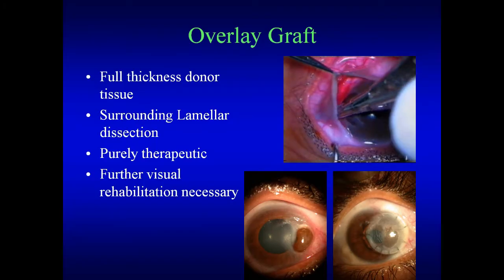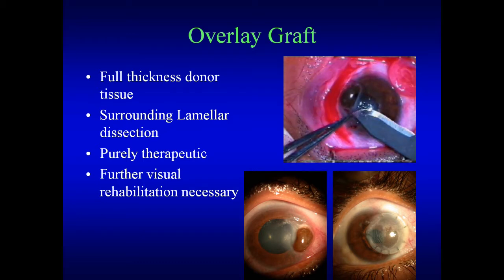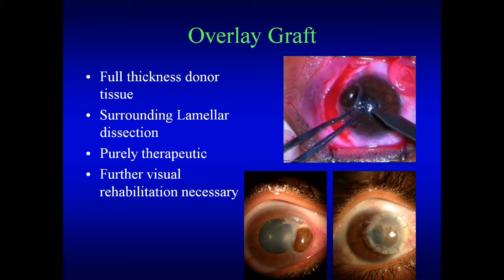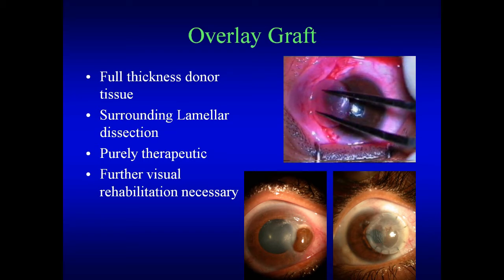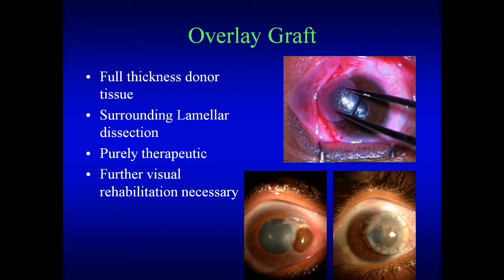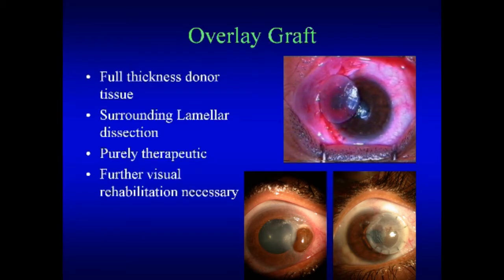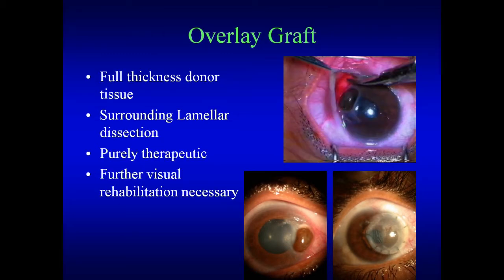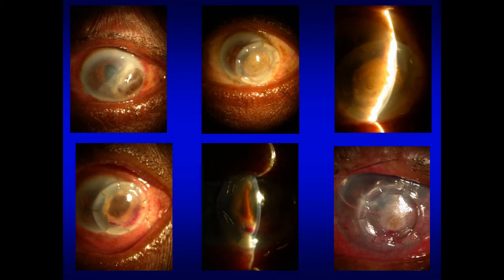And sometimes I do this overlay graft. This is for very bad peripheral ulcers. If I don't have a good cornea, I just take a button with the Descemet's membrane and suture it completely over it, and this works magically. And this is a case where I have done it for a perforated Mooren's ulcer actually, and I extended this procedure to a few other cases with very bad peripheral perforations where doing a full thickness procedure was not feasible for whatever reason.